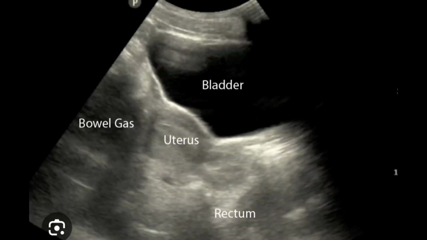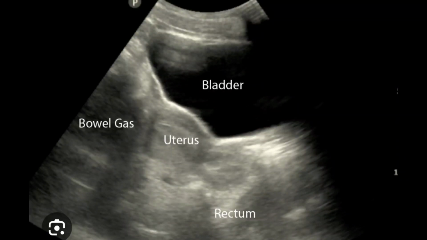This is how the bladder will look in ladies, in the female. Here down to the bladder you can see the uterus and also the surrounding rectum and bowel gases, as well as a urinary bladder. A full urinary bladder gives a good and great window to visualize the pelvic structures. So at the same time, when the bladder is filled, you can appreciate all the pelvic organs very clearly in the female. Even the ovaries can be picked up on the